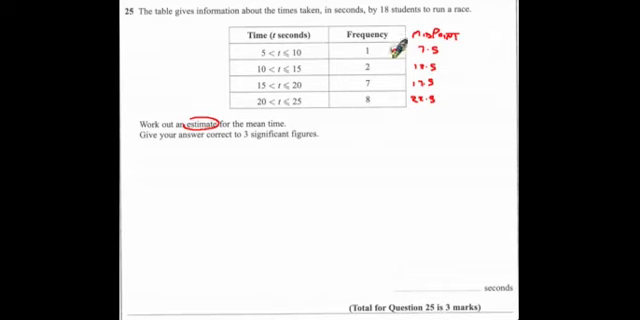So if we multiply out the numbers of runners by the midpoint, by the average, we get an estimate of the total time taken. So one runner, 7.5, 1 times 7.5 equals 7.5. 2 times 12.5 equals 25, and so on down the table. We now have the total estimated time for each of the groups of runners. If we add these together, we get the estimated total time for all the runners, and they add up to